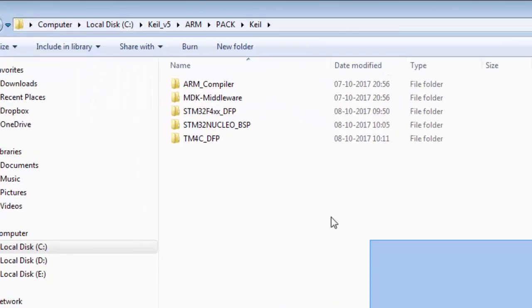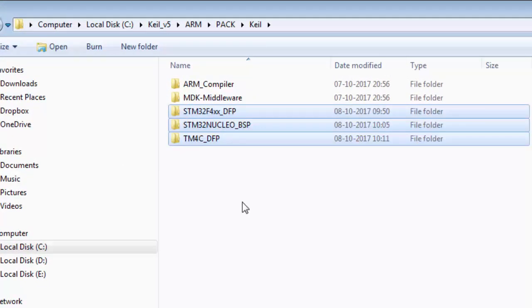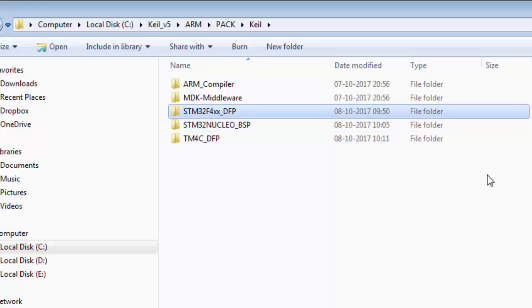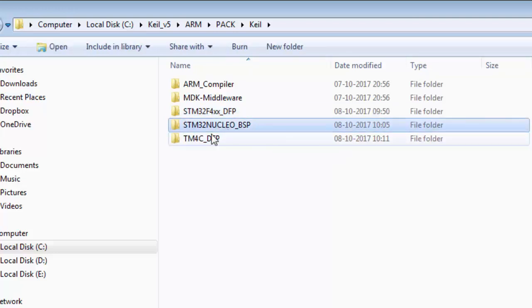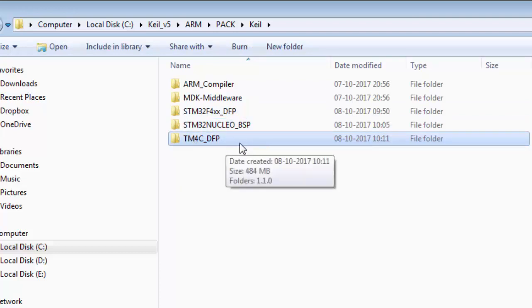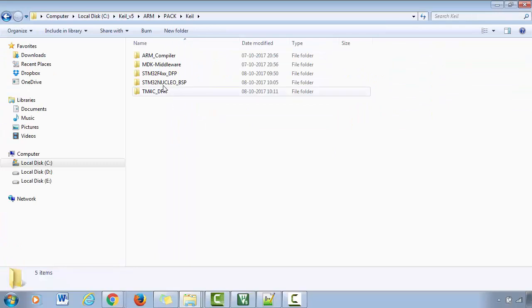Just go under that, and here you can see the software packs we have installed for different microcontrollers. Okay, so this is for ST, this is the Nucleo BSP, and this is the device firmware package for TI's TUR series of microcontrollers. Whenever you install software packs for different microcontrollers, Keil will put all those downloaded software packs into this path. Alright, so now let's go under this